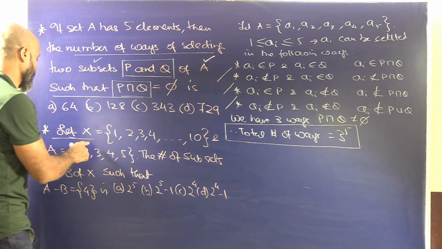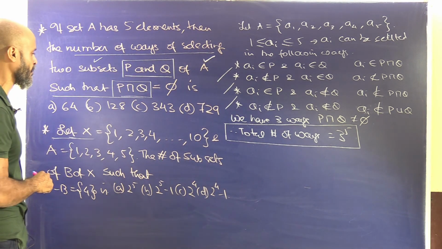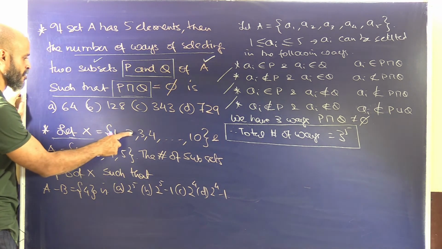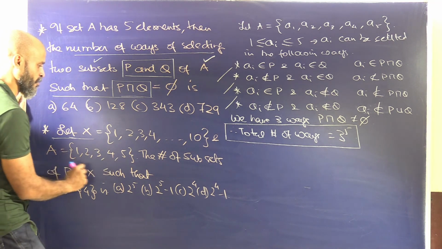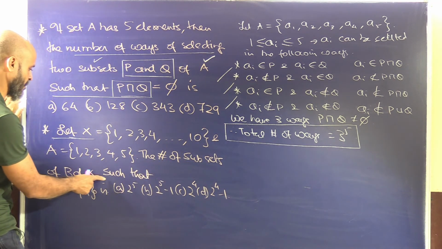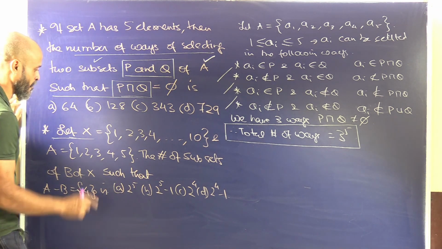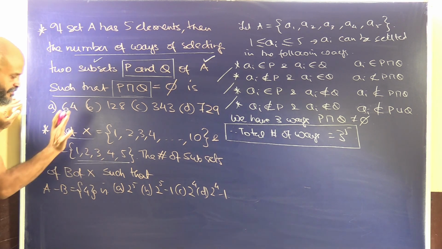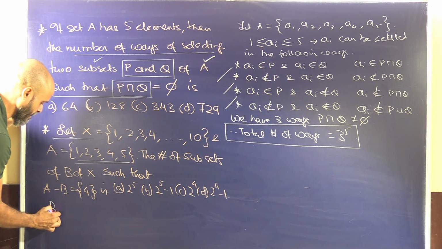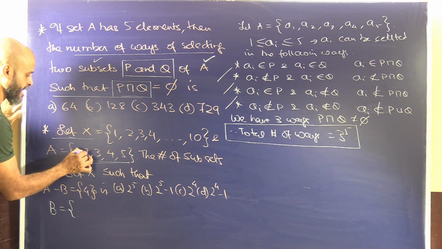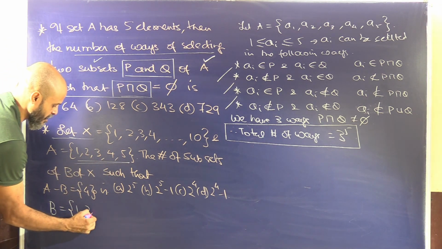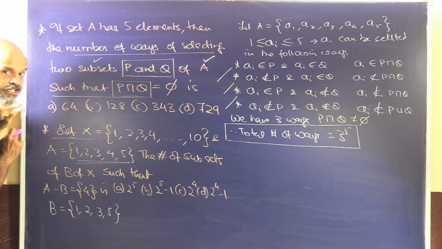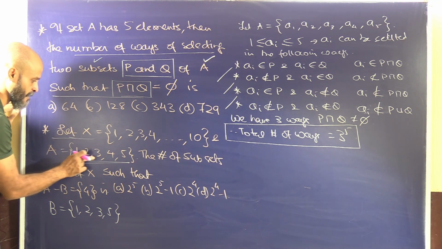Now let X be equal to 1, 2, 3, 4, 5, 6, up to 10. So X is 1 to 10 and A is 1 to 5. Find the number of subsets B of X such that A minus B is equal to {4}. Now look at this, A minus B. We don't know what set B is; we have to make the set B. So what could B be? B has to contain at least 1, 2, 3 and 5. It should not contain 4 because A minus B is equal to {4}, and A already contains 1, 2, 3, 4, 5.